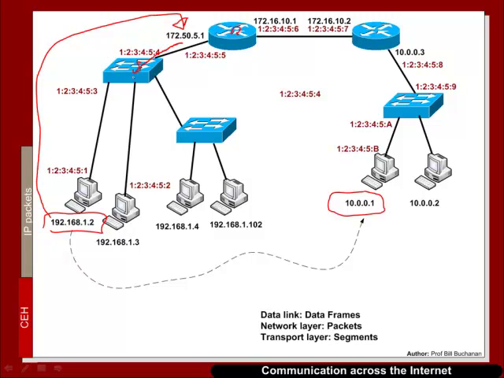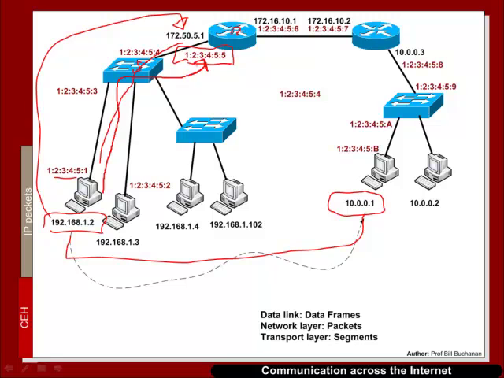The ARP reply comes back and it will identify what its MAC address actually is. So then an IP packet is now created with a source IP address of this and a destination IP address of this. Then a data frame is created with a source MAC address of this and a destination MAC address of this. That data frame is then sent to the switch. The switch then forwards it on because it knows where all the MAC addresses are of its connected devices to